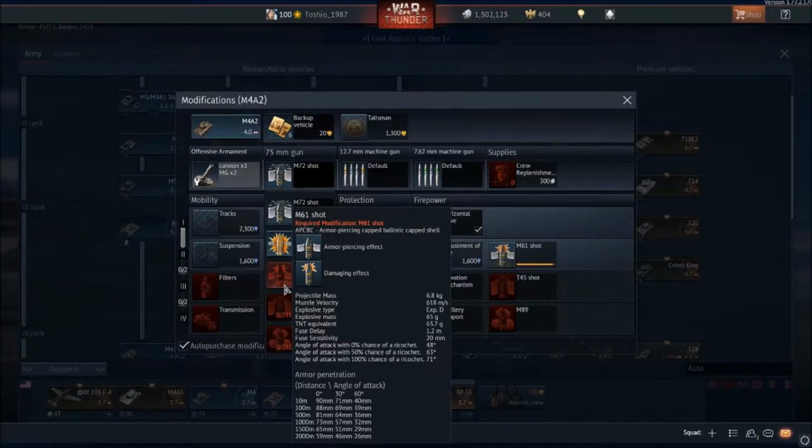65 grams of XPD, whatever that means. It has 63.7 equivalent TNT mass. That's not bad. It's pretty good. Once you get up to around 100 grams of TNT, you're getting into good one-shot kill potential when it comes